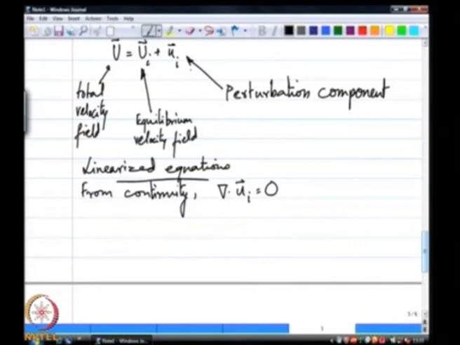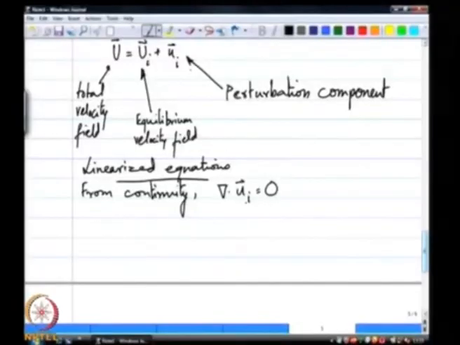So, I am skipping those two steps in the interest of time to just show you the equations that you get from this linearization. First equation is del dot u equal to 0. And the second equation